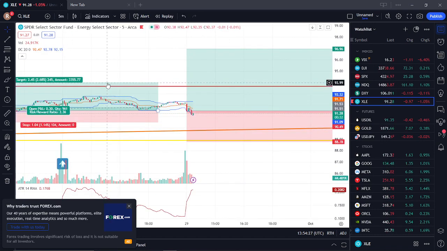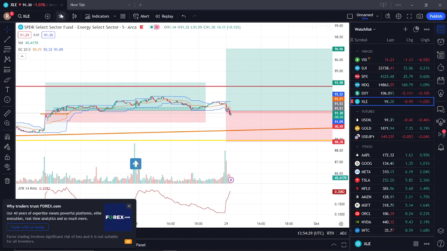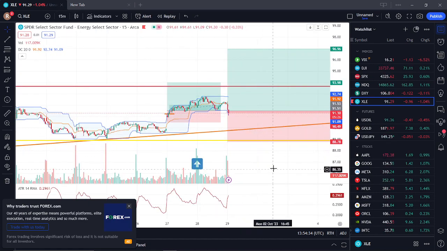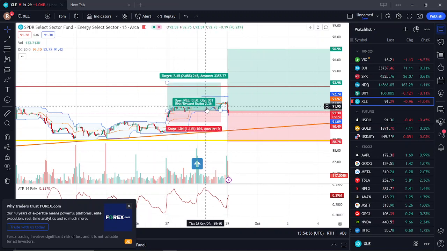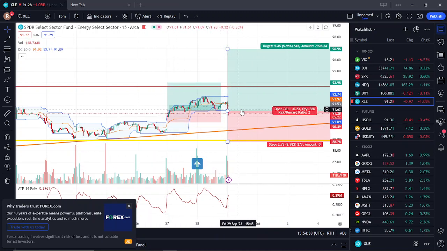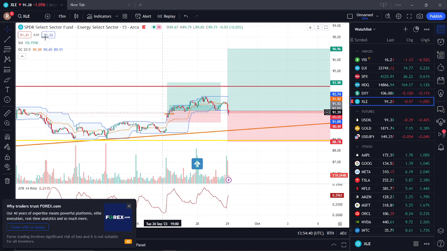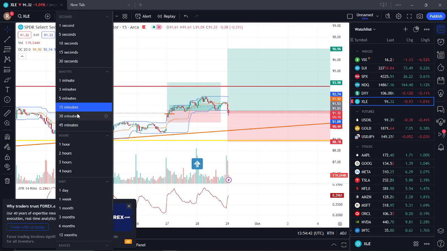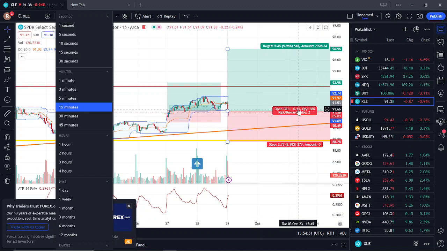Going to the 5 minutes, 5 minutes is just a lot of noise in between. So 15 minutes, the intraday 15 minutes, is a little bit cleaner, but it's still doing what it is. You have to let the market work itself out. You have to wait for it to show its hand. Does it want to go up above here, or does it want to go down, or just go sideways?